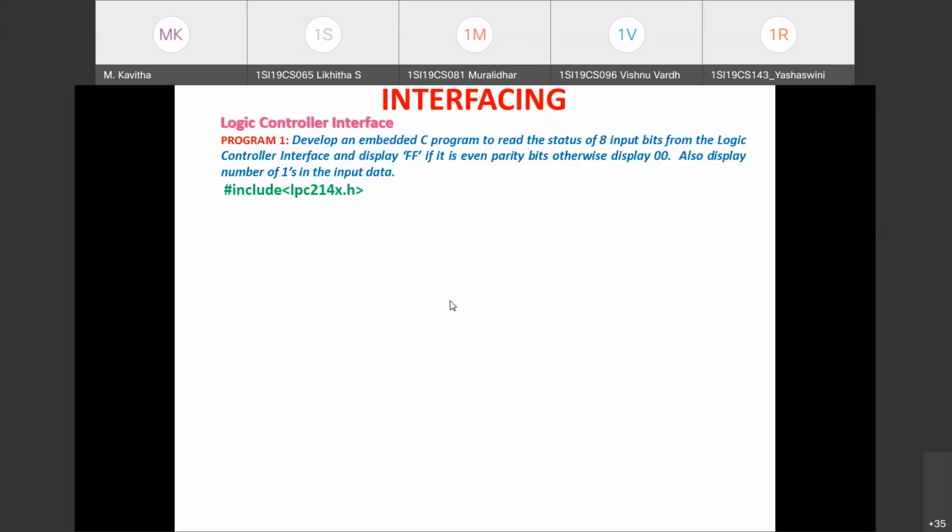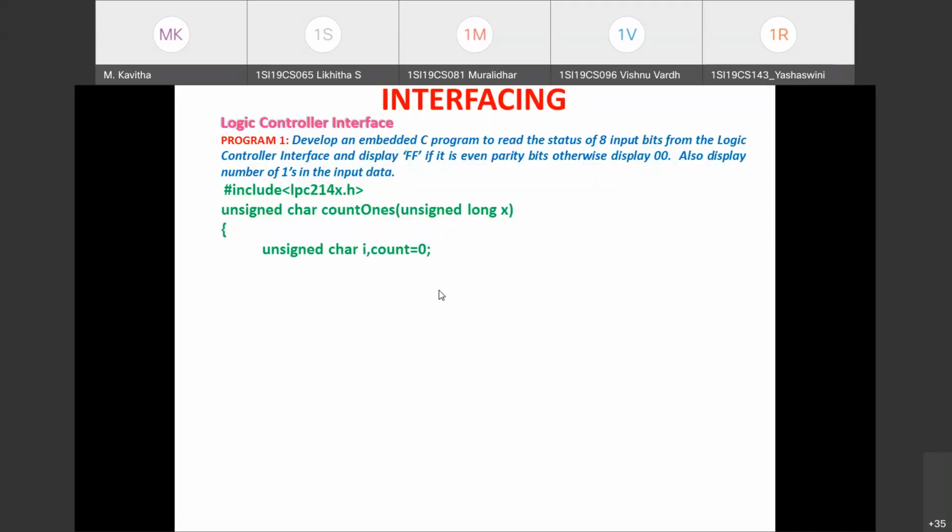So next, coming to this routine, the return type of the function I have given is unsigned char. The name of the function, to improve the readability, I have given as count ones, and within parentheses, we have specified the argument unsigned long x. Since it is a 32-bit port, 32-bit data, we are going to get it in the variable x. Okay, so this is the function header we have given, and we have declared some local variables: unsigned char i, count equals 0.